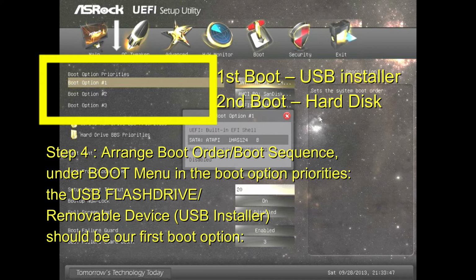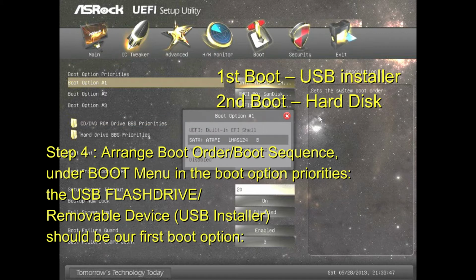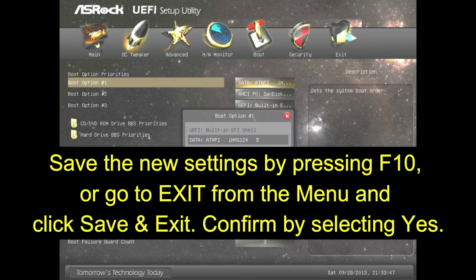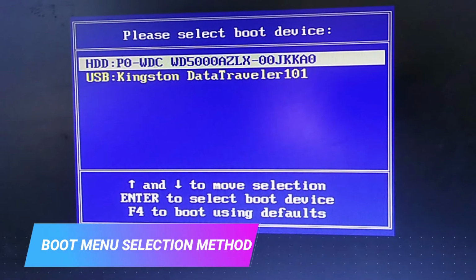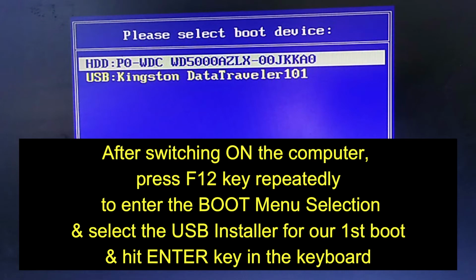Under the boot menu, in boot option priorities, our first boot should be the USB installer, and the second boot is the hard disk drive. To save the new settings, press F10 or go to exit and click save and exit. Select yes. Using the boot menu selection method, press F12 repeatedly after switching on the computer and press arrow keys up